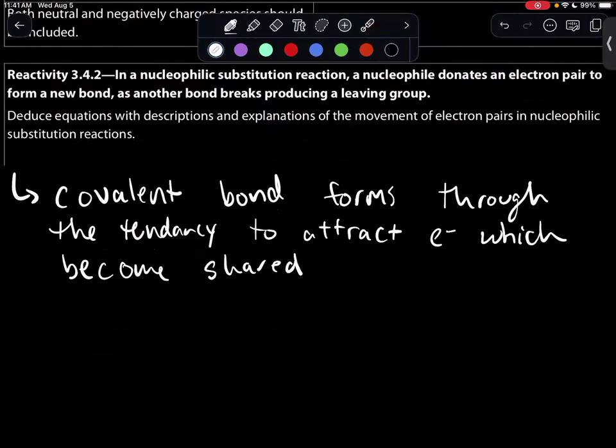Seeing this idea of attracting shared electrons should automatically get you to think about electronegativity. We will be discussing that as this has a large influence in nucleophilic substitution reactions, so we'll keep that in